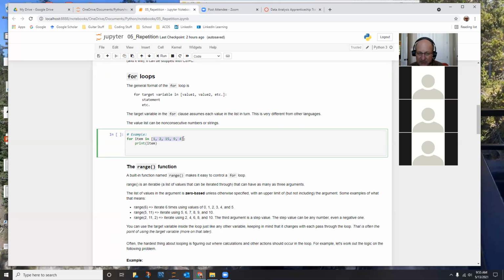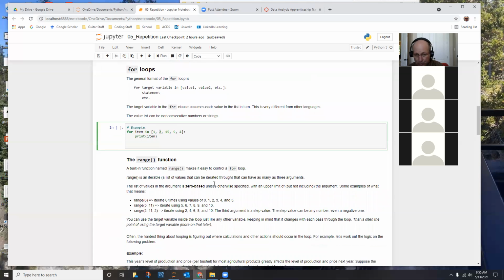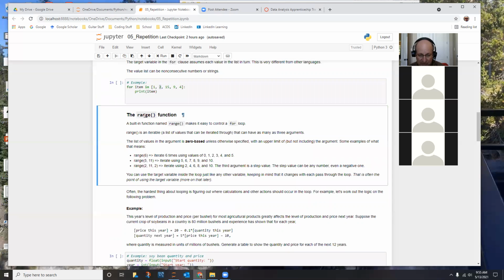We haven't really talked about lists yet, so I don't want to get too much into this one, but it'll iterate through this list 5 times, and item will be assigned the value in the list,